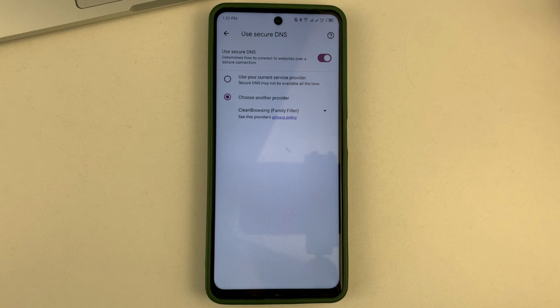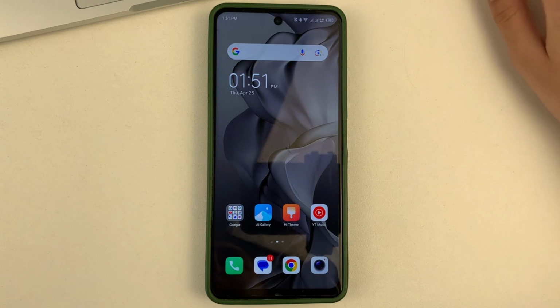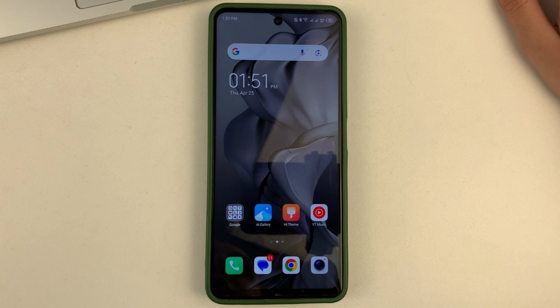After that, you will not have adult content, and such adult sites will not slip in somewhere while you are using Google. This is the way, friends, you can keep yourself and your kids safe and block adult sites on your Android device. I hope this video was helpful for you.